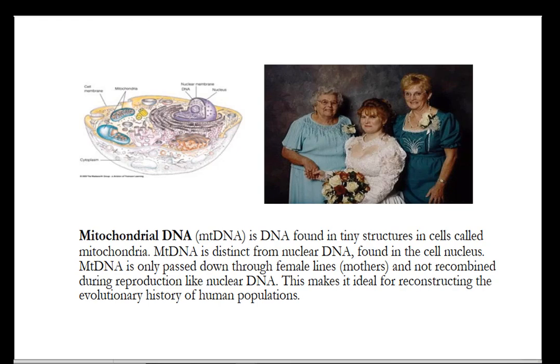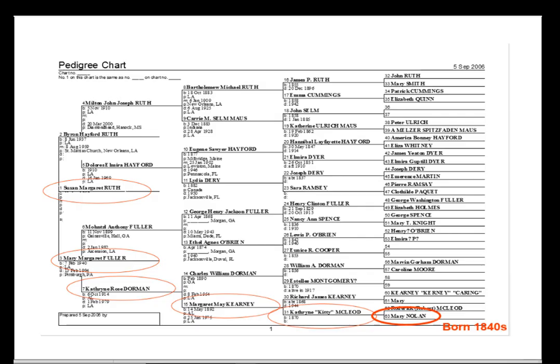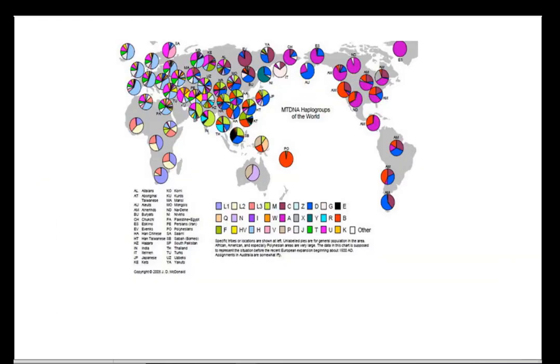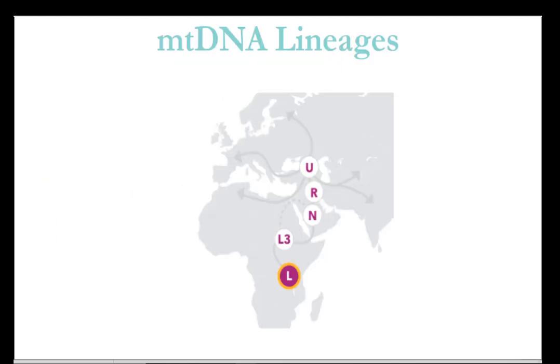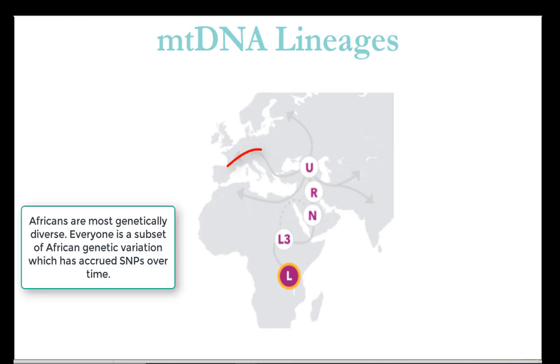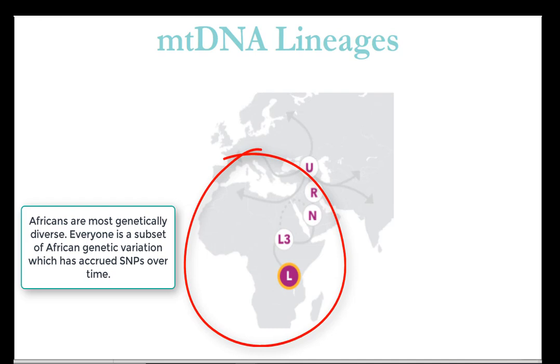And geneticists have used this to look at where people first arose, or to look at the diversity in human populations. So if we look at mitochondrial DNA and actually nuclear DNA as well, the place that has the most variation is Africa. And almost entirely, everyone else in the world is a subset of that African variation.